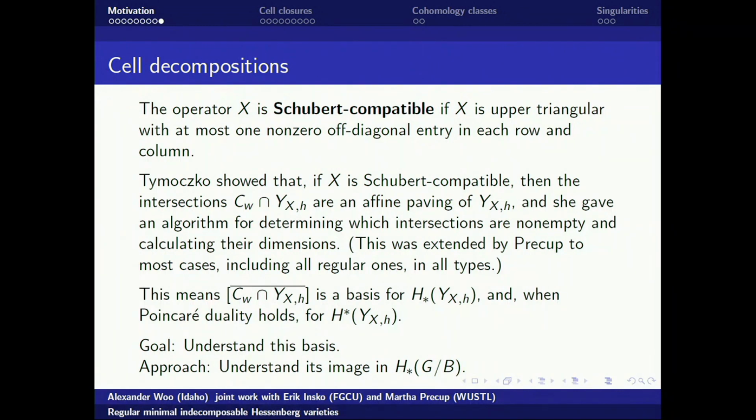So Juliana proved this in type A. That was basically her PhD thesis, 20 years ago. Martha proved this for other types almost always. There are a few really weird exceptional cases that weren't handled. This is basically her PhD thesis 10 years ago. But we're not going to worry about those really weird types. Okay? It's like some particular conjugacy classes of matrices in type D is the only cases that aren't